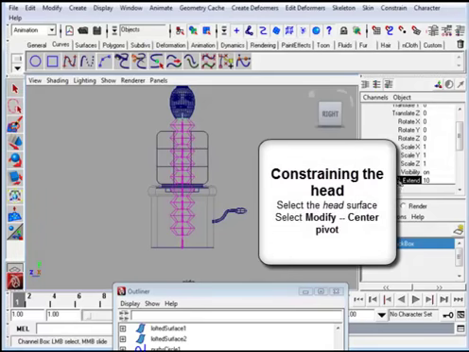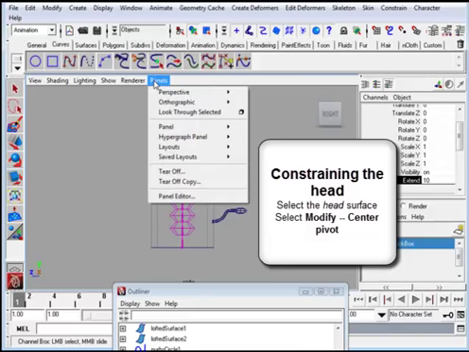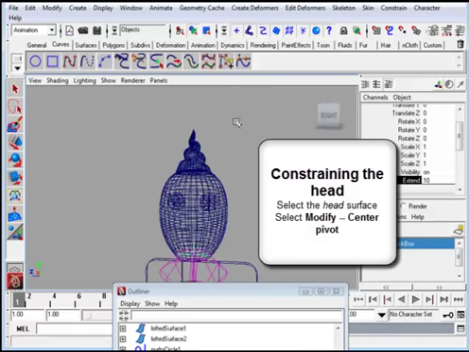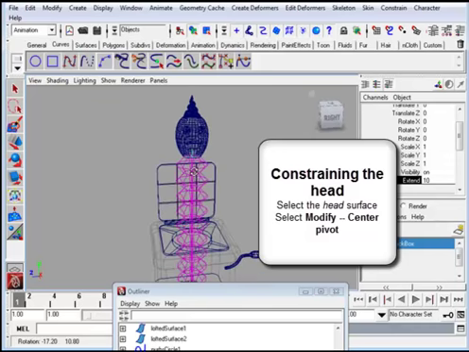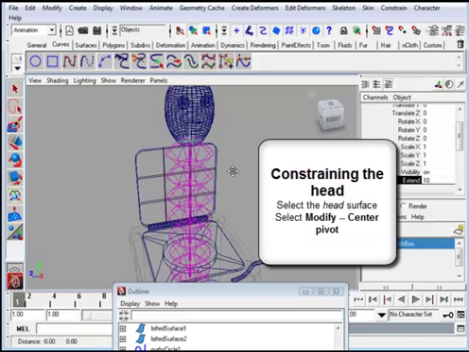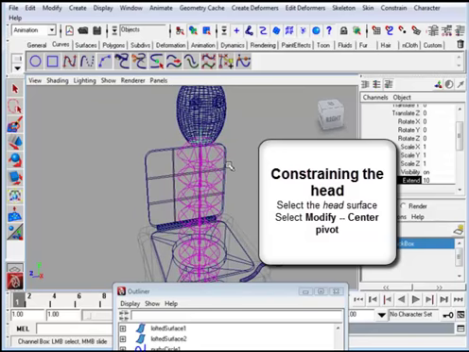Okay, so now what we're going to do is to constrain the head so that as we draw the neck down, the head will go with it also. And so what we're going to do is a point constraint and an orient constraint. So the first thing for us to do is to